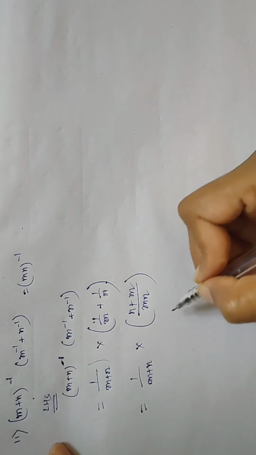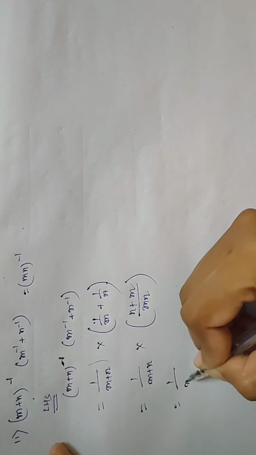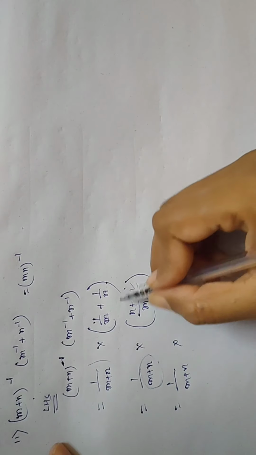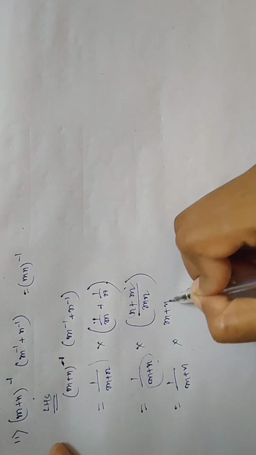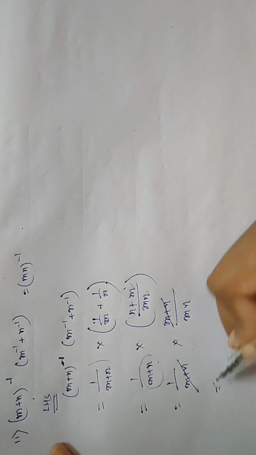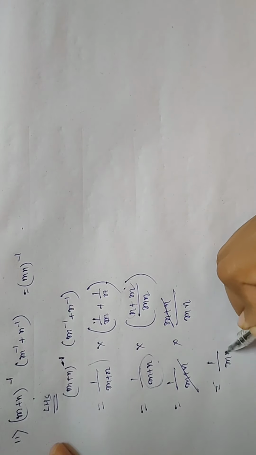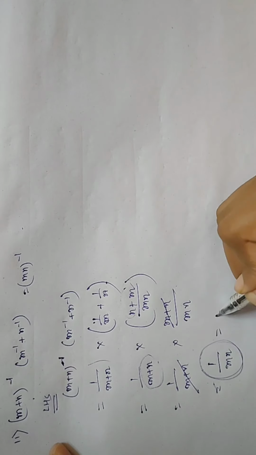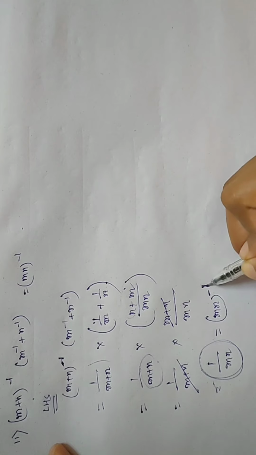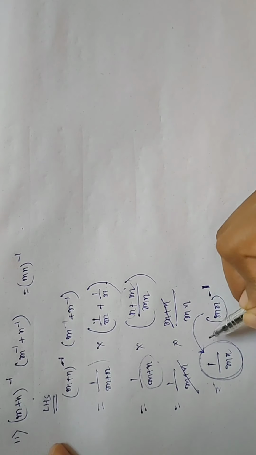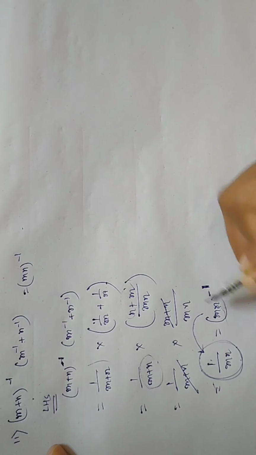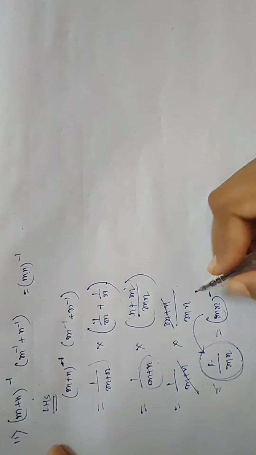This into this and this into this. You will get N plus M. So, write it like this. Since here is M plus N, we will write this also as M plus N, Mn. This 2 gets cancelled out. So what is left over? 1 by Mn. 1 by Mn we can write as Mn whole inverse, because Mn whole inverse can be written in this form. Similarly, we can write 1 by Mn in this form. See, RHS is matched.